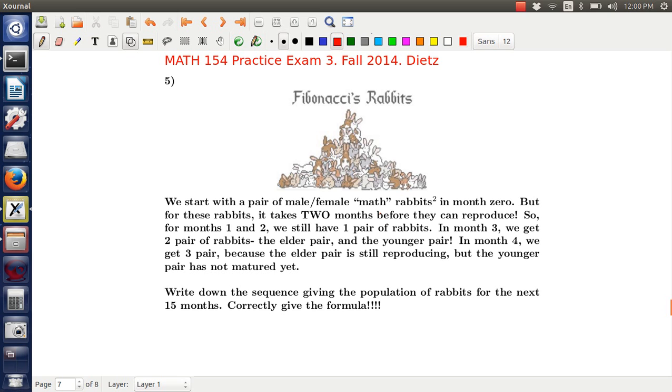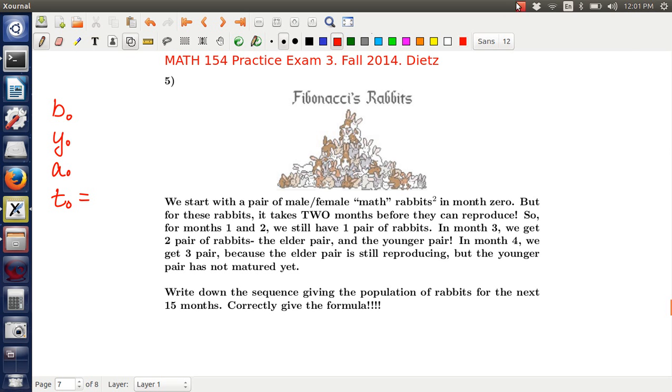But we're starting out. It says we start with infant rabbits, or let's say B for babies, youth, adults, total equals however many. We start with a pair of rabbits. It doesn't say whether they're babies or youth yet. It says for months 1 and 2 we still have 1 pair of rabbits, and month 3 we get 2 pair of rabbits, the elder pair and the younger pair. Alright, so